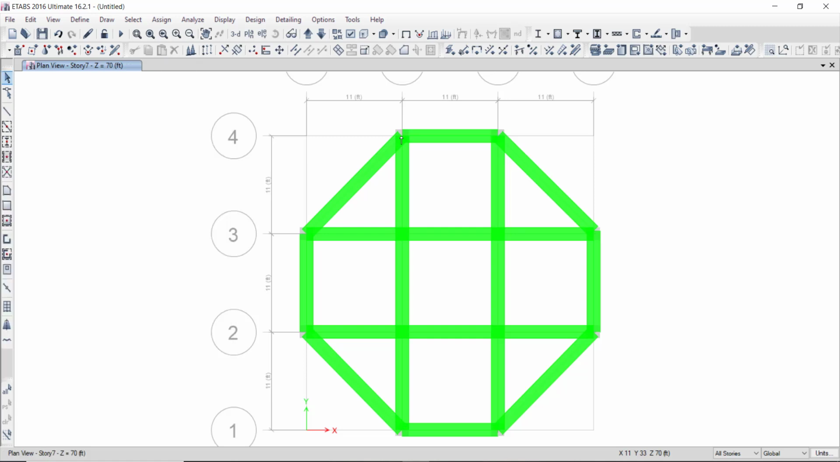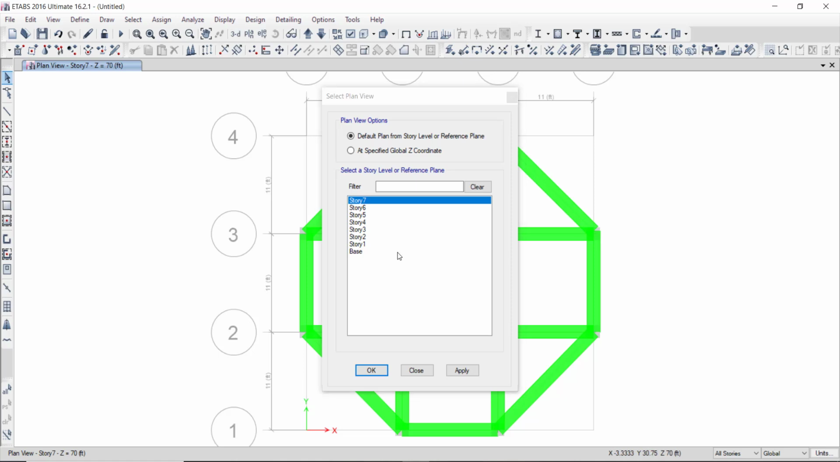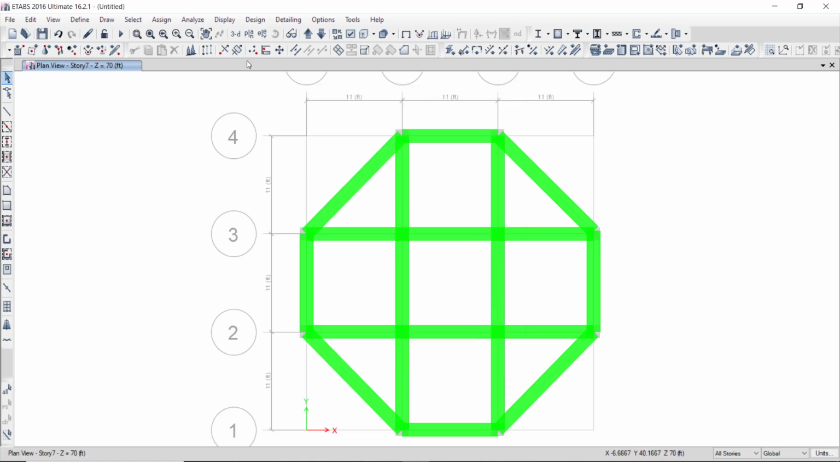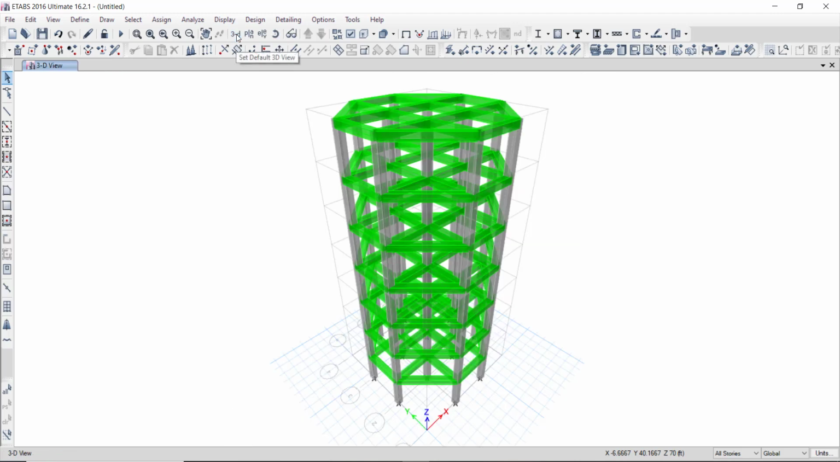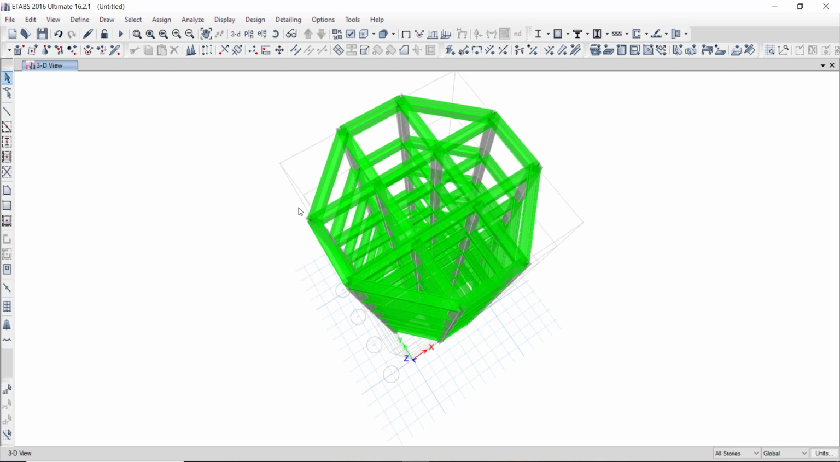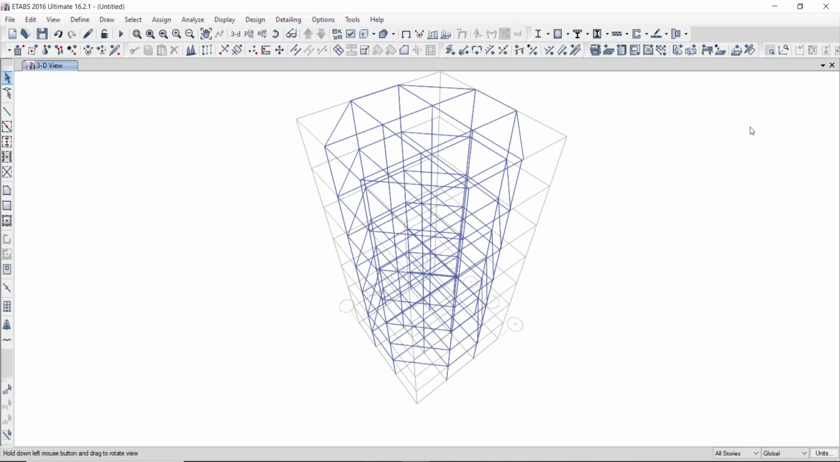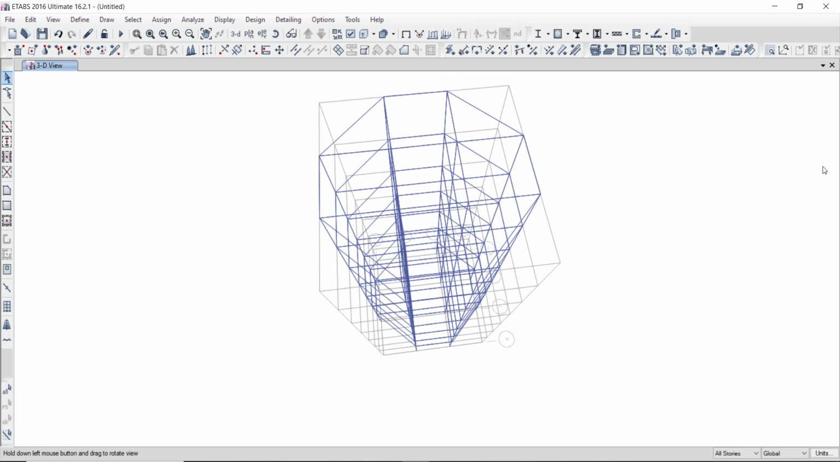Okay, clear all. Now 3D. So the beams assigned in the column assigned to the tank. So this is a typical tank, circular tank, and you can see like this. So you can move it. Okay, so this is the